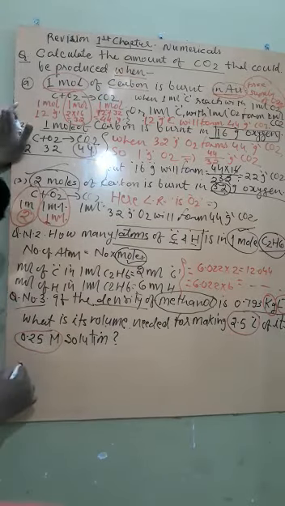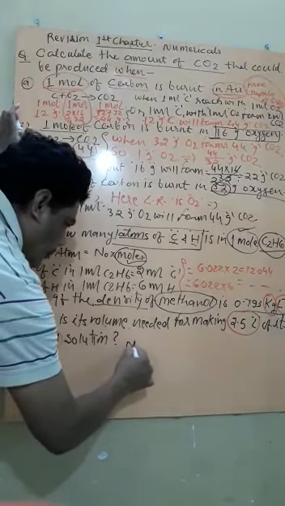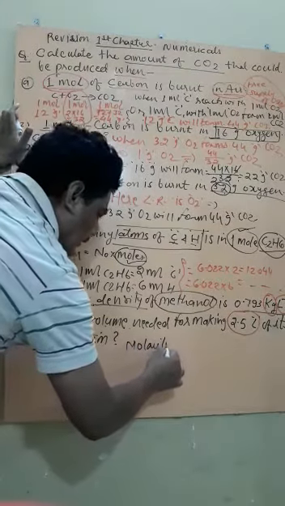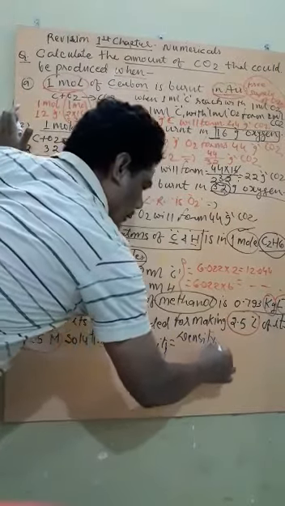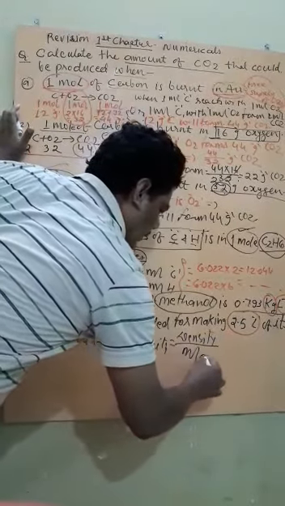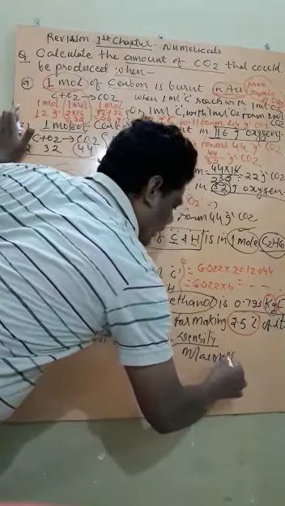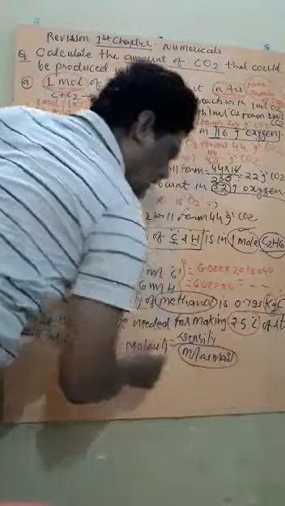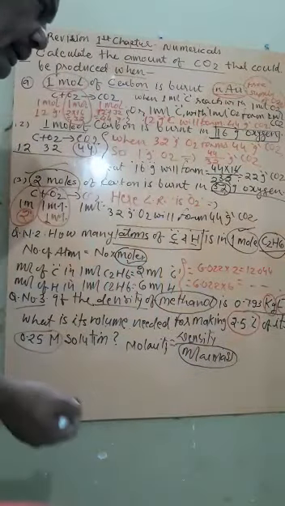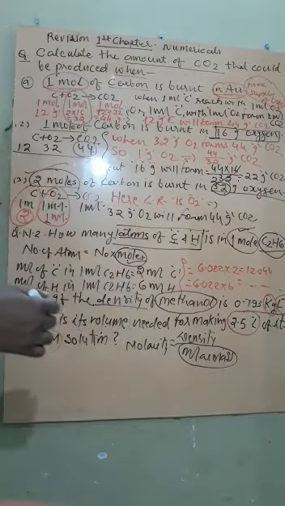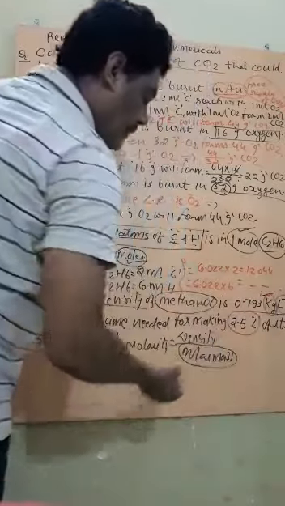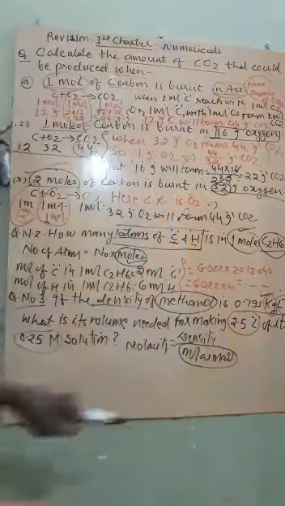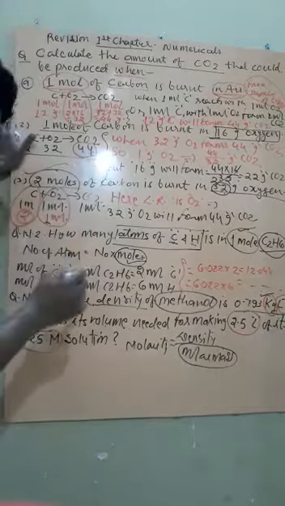So now what is the formula? Formula of molarity is density upon molar mass. We know that the molar mass is generally found in gram per ml. But students, remember here the unit used is kilogram. Therefore the molar mass should be converted to kilogram. Now how to do it?